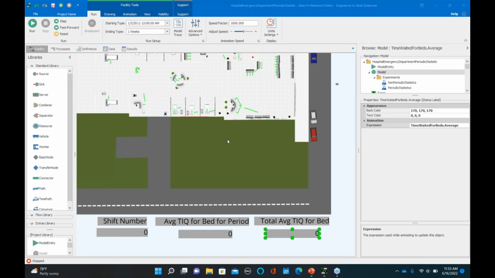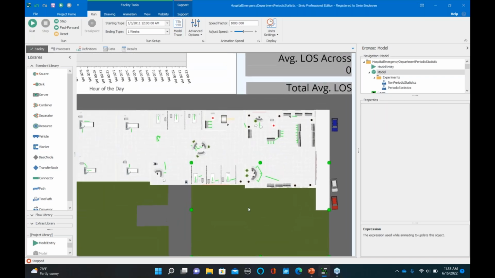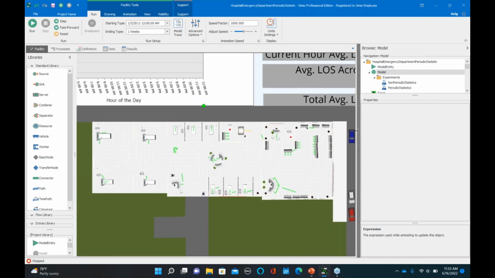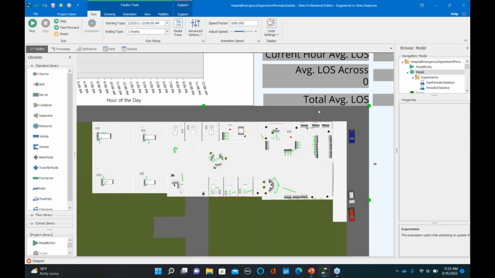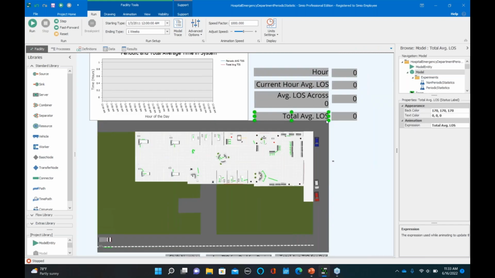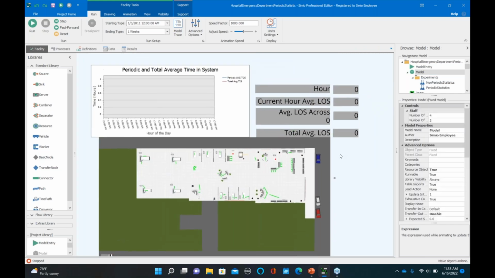So that all makes sense. We're seeing this behavior that we expect. And now I can show some other ones as well, just again to demonstrate some of these capabilities. So now if we're looking at the average periodic and total average time in system, or the length of stay